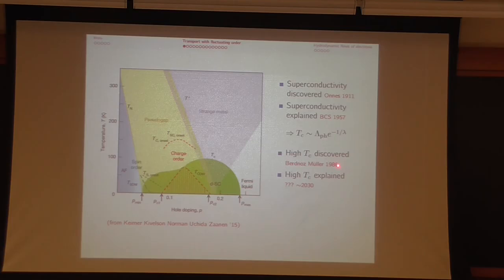And so about 30 years later, materials with much higher critical temperature were discovered. And for that reason, it's thought that they're not described by BCS theory. If we extrapolate the dates, it's going to take till about 2030 to explain high TC, so it's not too late to join the race if you're interested. The question is not just to explain why the critical temperature is so high, but also how in the world electrons with Coulomb interactions can lead to such a rich phase diagram.